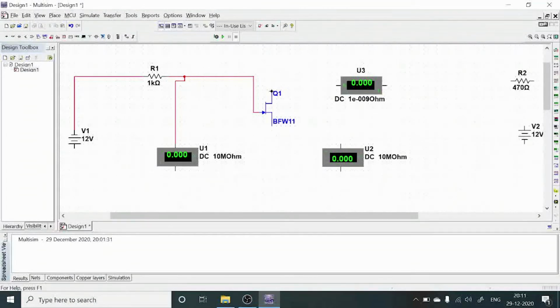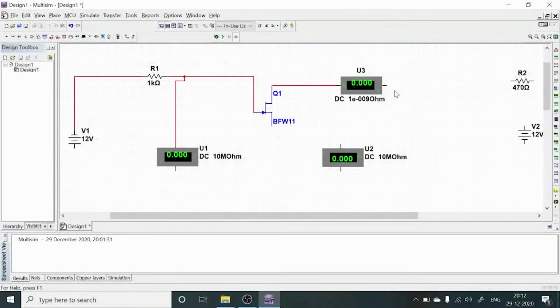And apart from that, this is the drain terminal, and again I start with the drain terminal. This drain is connected to ammeter negative. So hence move the cursor to this drain, hold here, drag here, then it should be connected. Then you can drag up to this ammeter negative terminal. Just press the left cursor. So then a wire will be established or connection is established from the drain terminal to ammeter negative.